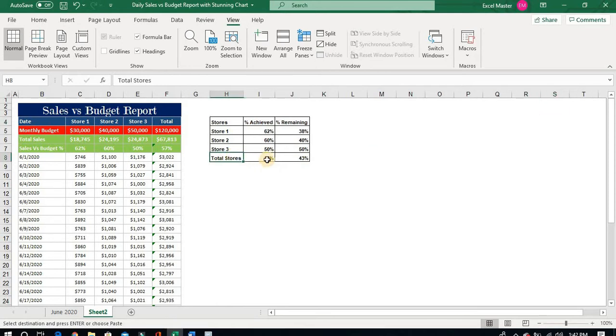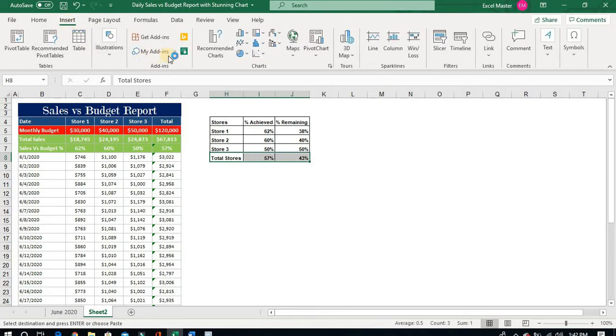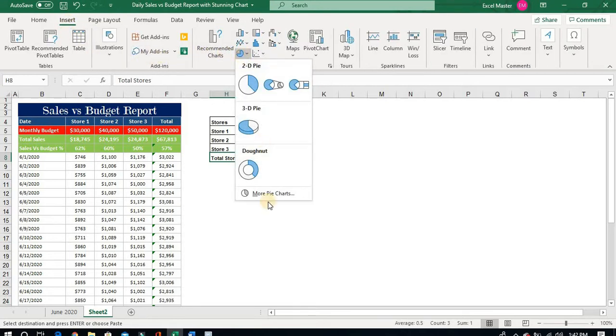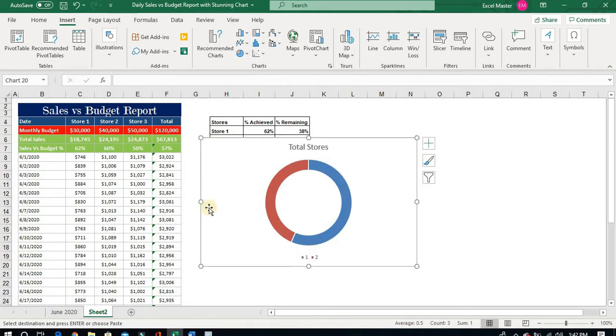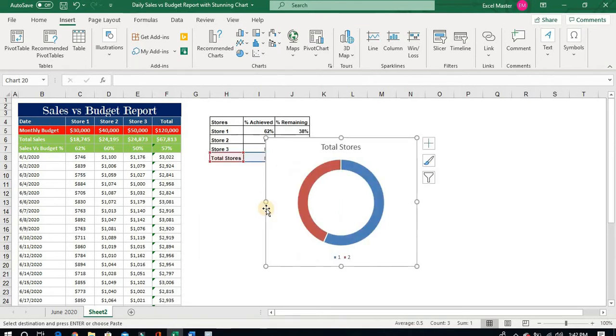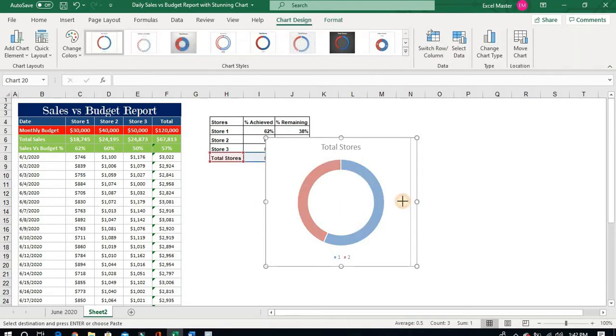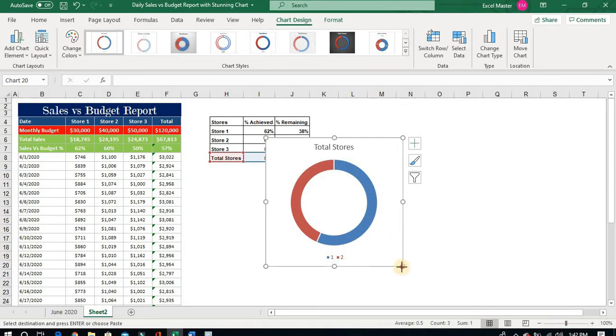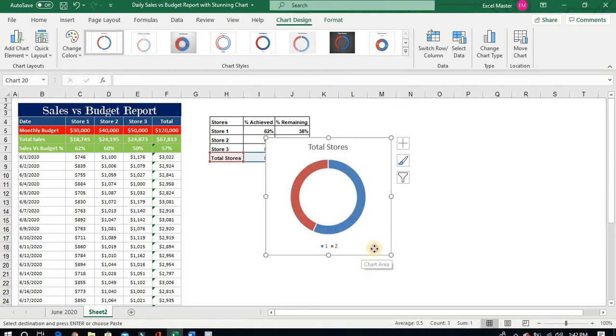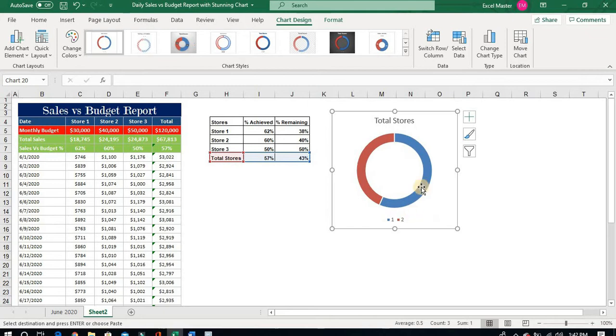Now we will see how to prepare the chart. Now first we will prepare the chart for the total stores. Insert, we will create a donut chart, and we will reduce the size and we will place it here.